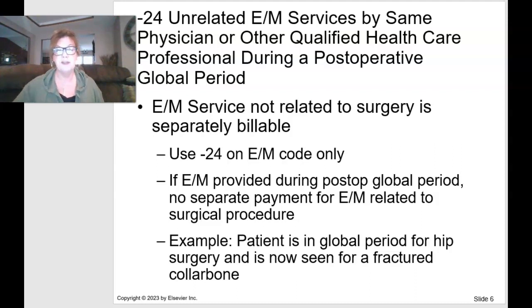So that means if the patient comes in 2 weeks after the surgery for a check, they can't charge the patient. It's included in that global. So the reason we can use a 24 is because they're coming in for something totally different than that hip surgery. They're coming in for a fractured collarbone. Okay, so they come in, see the doctor, and the doctor goes ahead and submits, but it's during the global period. Usually it's going to get